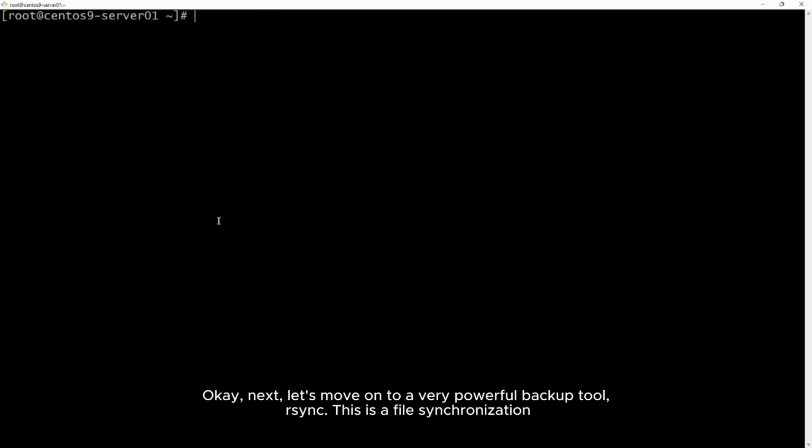Next, let's move on to a very powerful backup tool, rsync. This is a file synchronization tool that's super efficient and is often used for backups because of its smart data transfer.